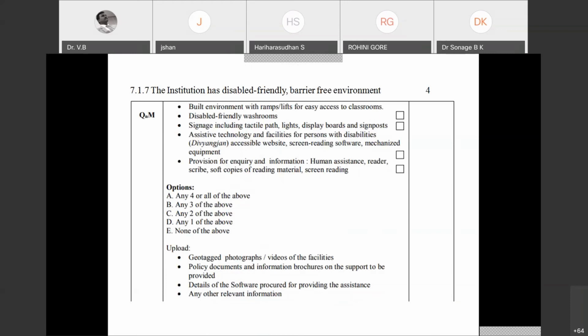And one more thing that they have given us, details of the software procured for providing the assistance. That is in case